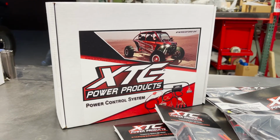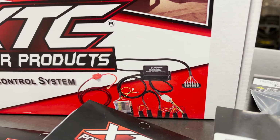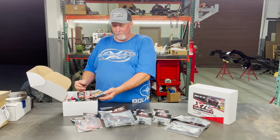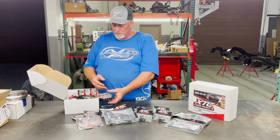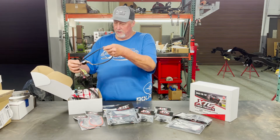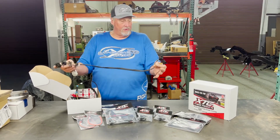This is what they call a power control system. This power control system, I'm going to show you inside here what you get. Basically, it does a lot of the hard work for you. It gives you a nice place for all your fuses, so all your circuits are protected. It gives you the ability to just plug your switches right into it. This is already measured to cut to fit